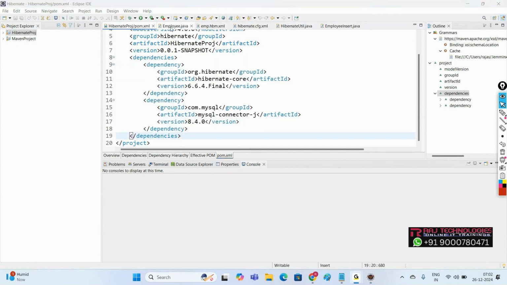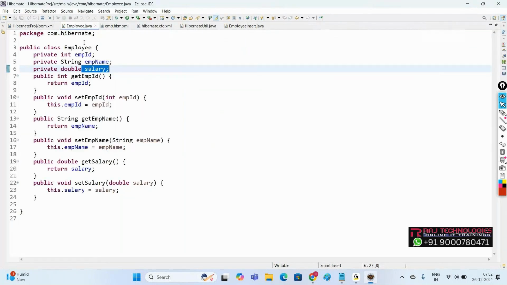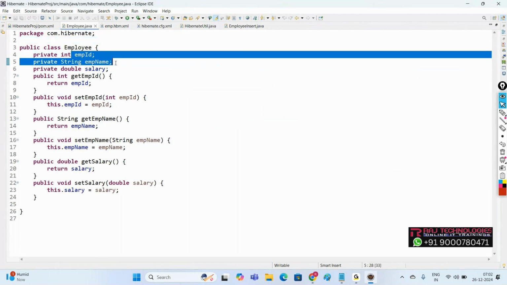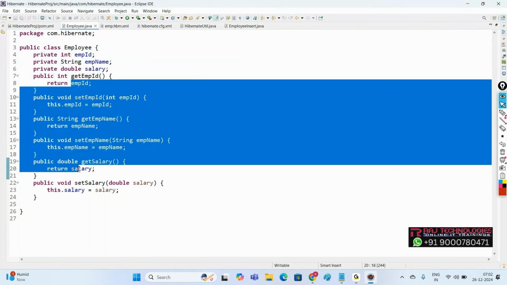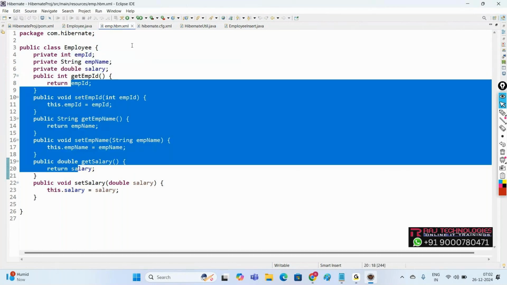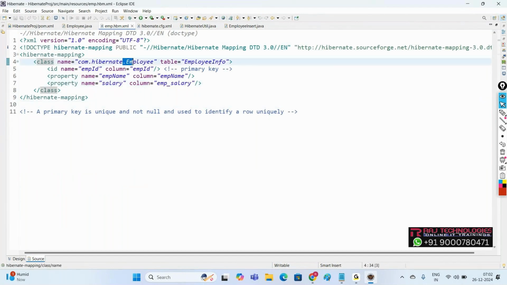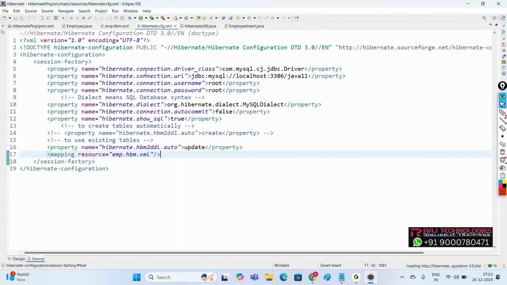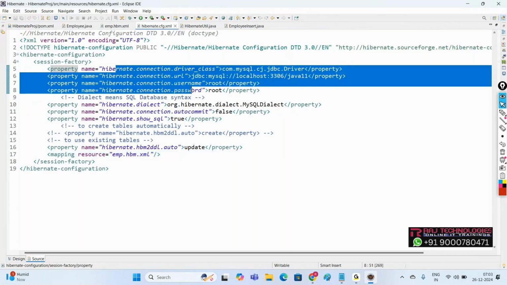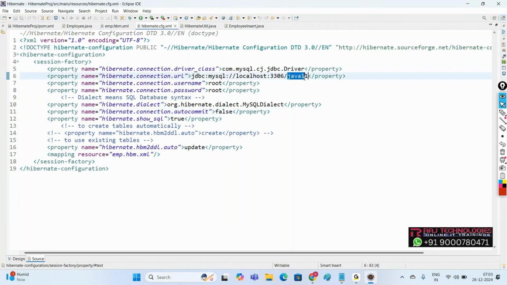Then we have created the entity class Employee, the project class Employee, with the properties employee ID, employee name and salary, and setters and getter methods. Then we have created the mapping file to map our project class with the database table, project class properties with the table columns, and the configuration file, hibernate.cfg.xml, where we have loaded the database connection properties, and I have updated my database from MySQL 8 to